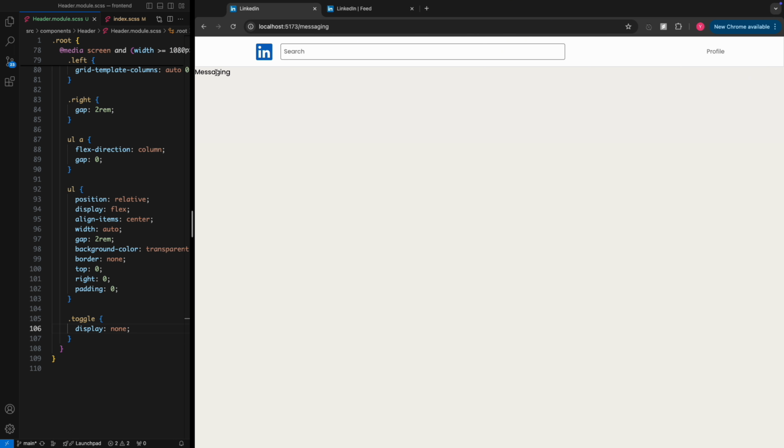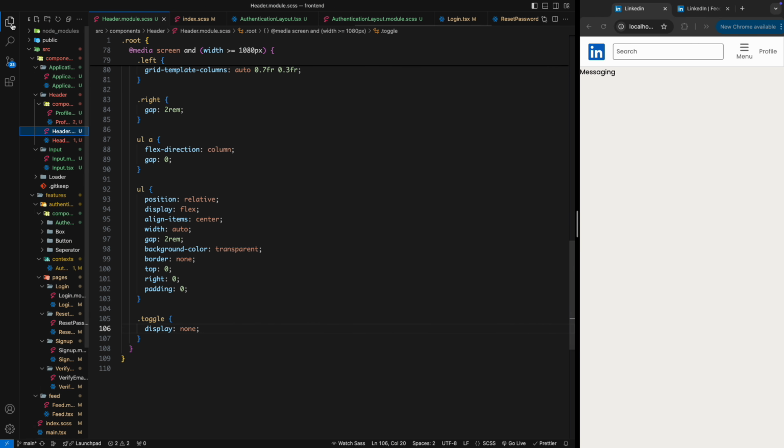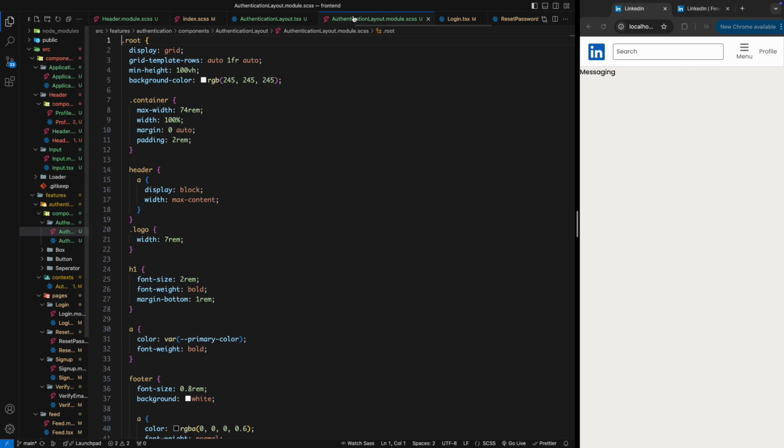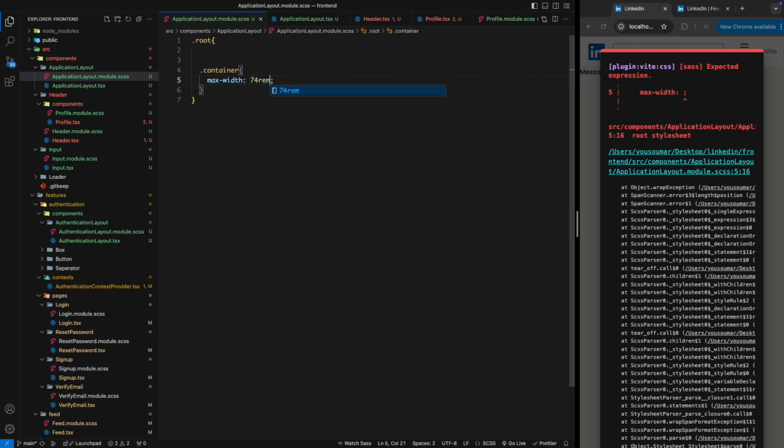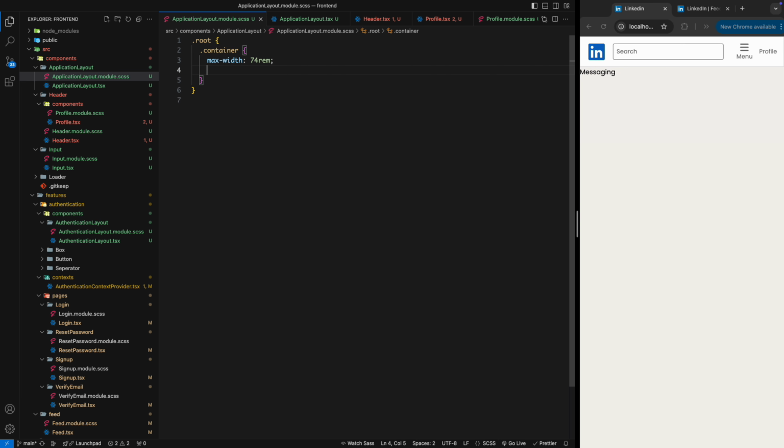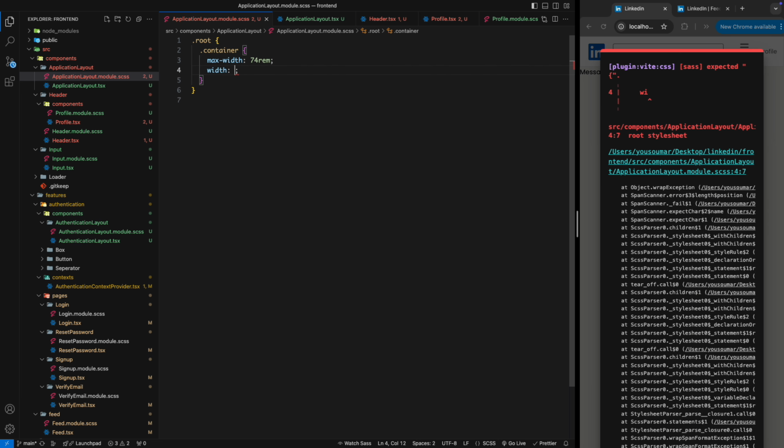And as you can see, this messaging is actually being blocked on the screen because we need to define some styles on our application layout, sorry, not authentication layout. So here we will be having some styles. We're gonna grab the root, and we're gonna grab the container that's within this root, and we're gonna say it should have a max width of 74 rem. Like on the header, it should have a width of 100%,